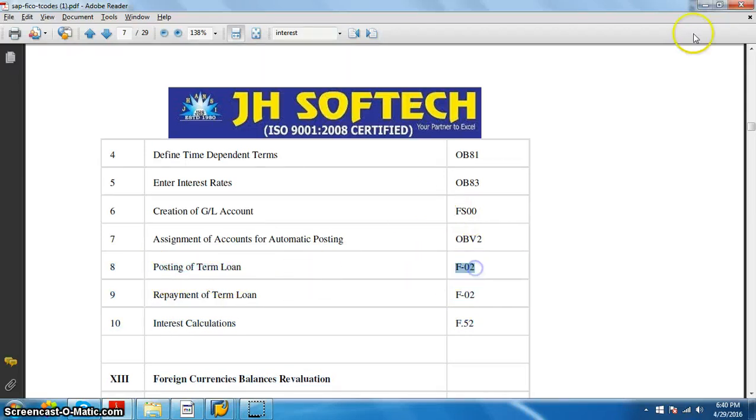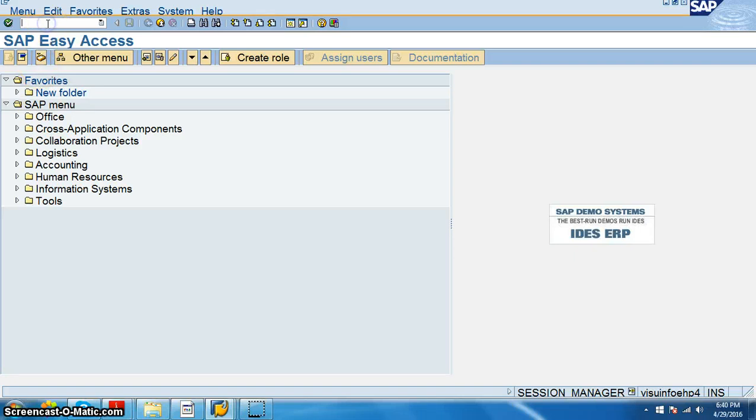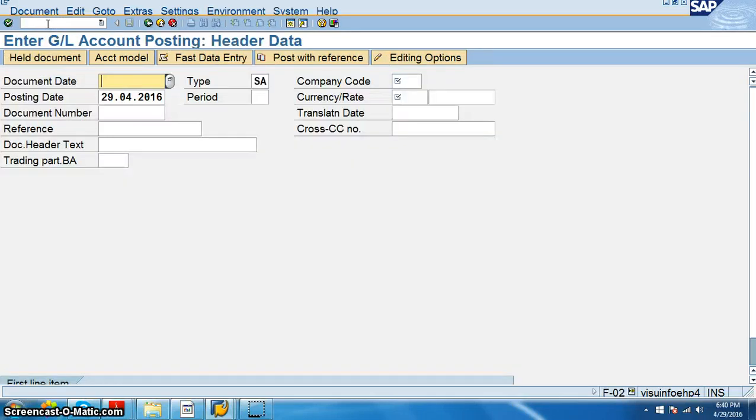Posting of term loan is F-02. So F-02, we are just posting the document.